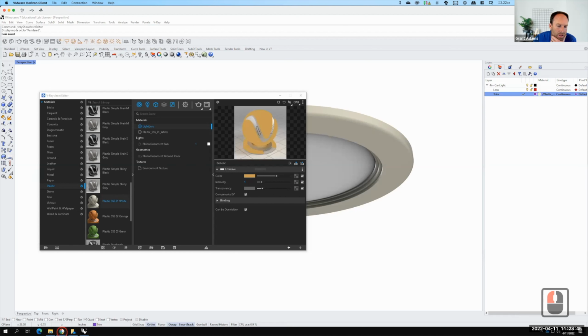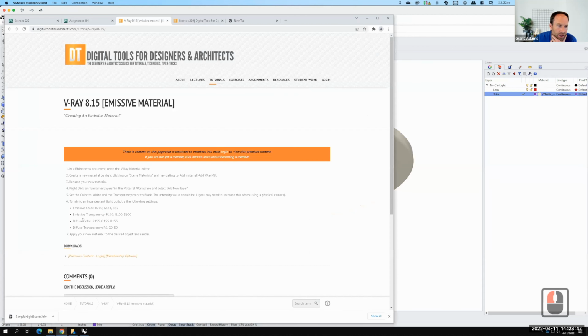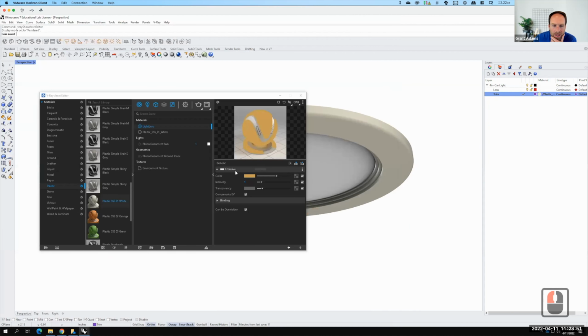Let me double check here. I've got a couple other things. I've got a diffuse color and a diffuse transparency. Those are actually now set by default. So we don't need to worry about those like we used to. So we're going to go with this. However, the last thing that I need to do is I need to adjust the intensity. And so right now the intensity is set at 1. If I change the intensity here, if V-Ray will let me,